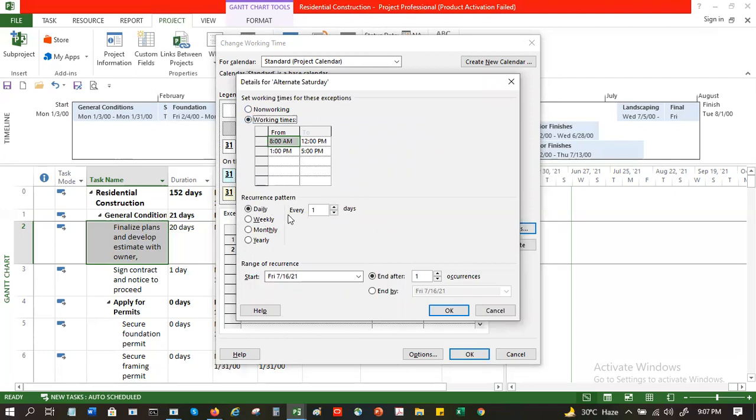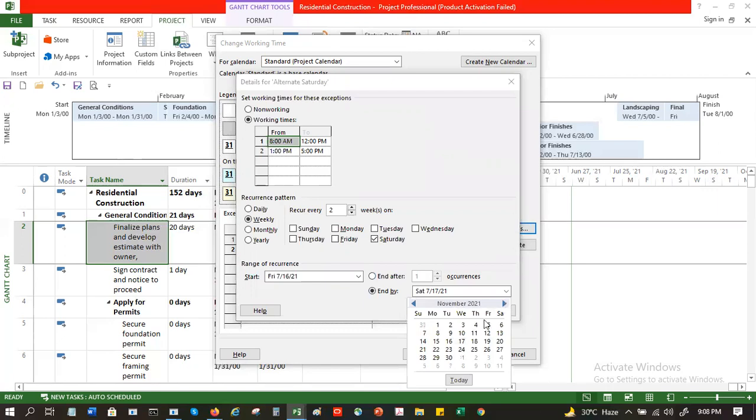For the recurrence pattern, you can have every 1 week or every 2 weeks on a Saturday. So what's going to happen is every 2 weeks you will have this, and other days are normal working days. You can put an end date, so it will continue till, let's say, the 31st of December.